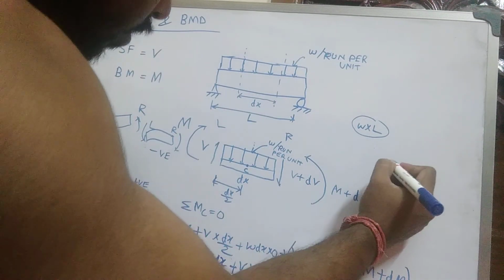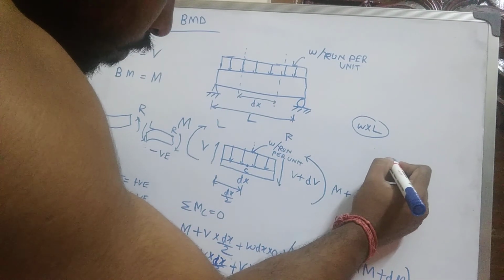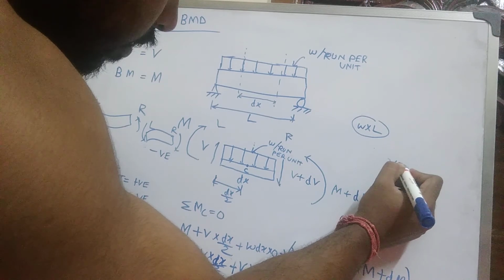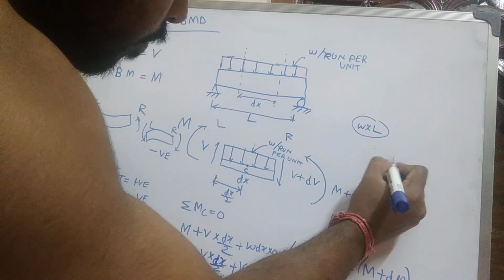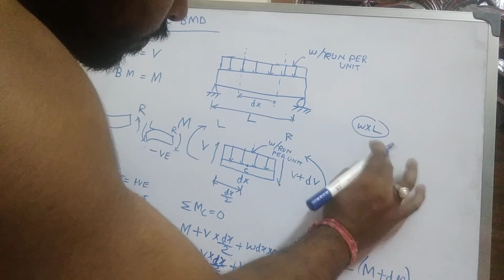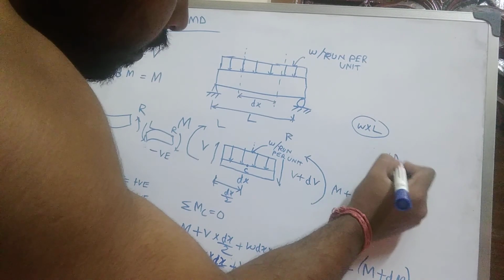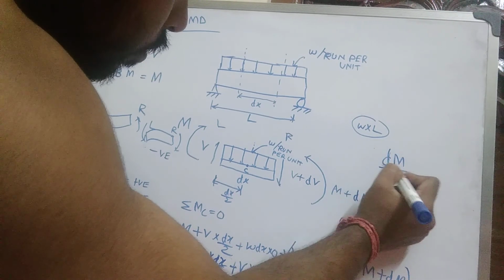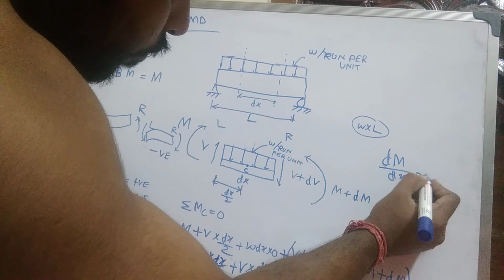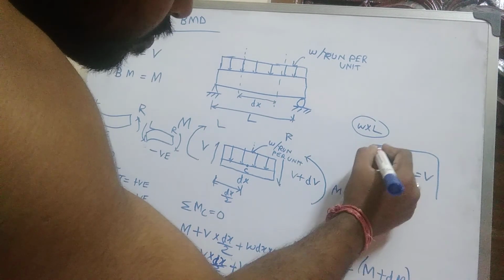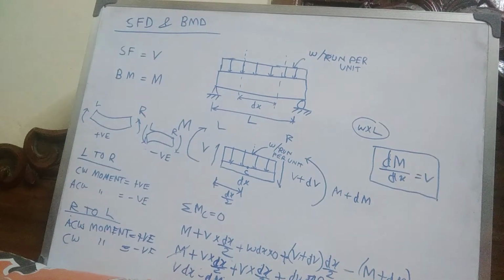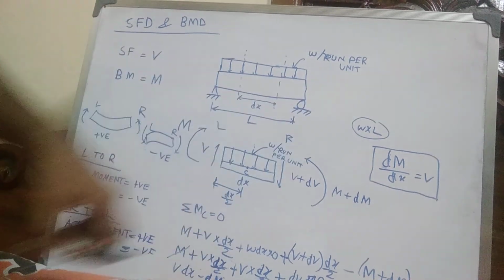We get dM by dx equal to V. This one is very important: rate of change of